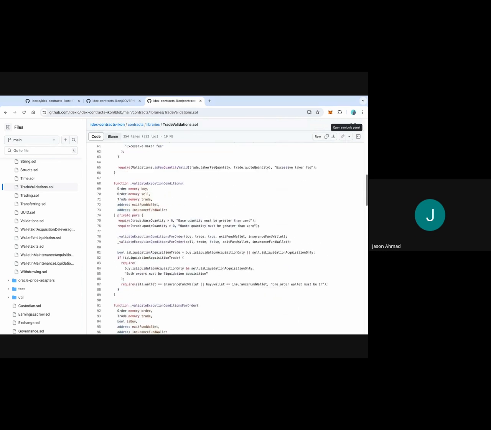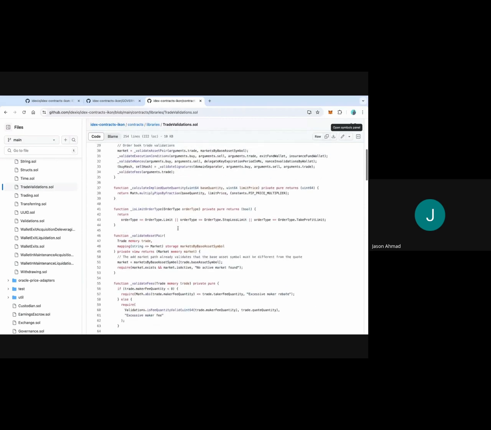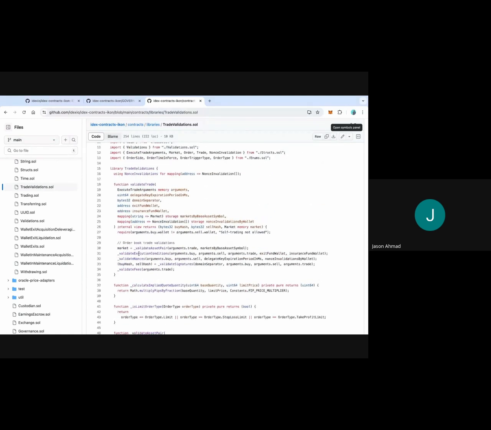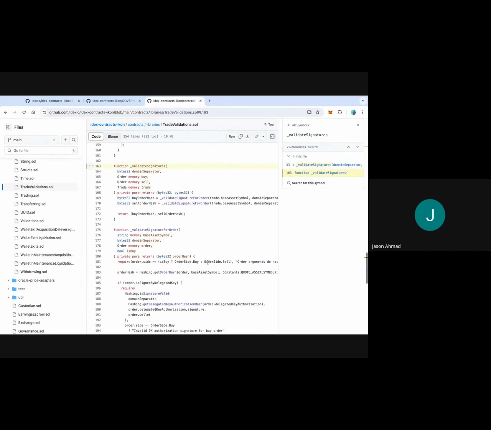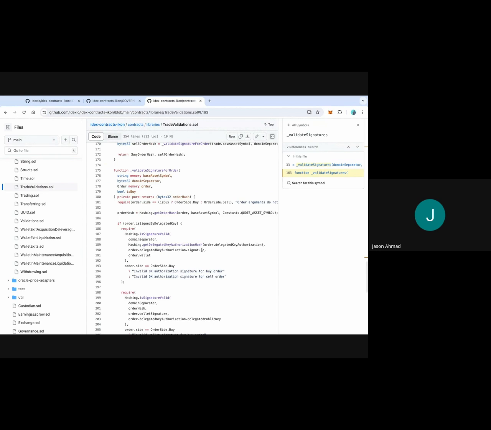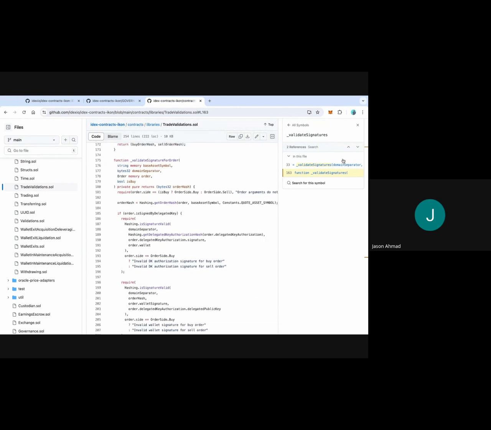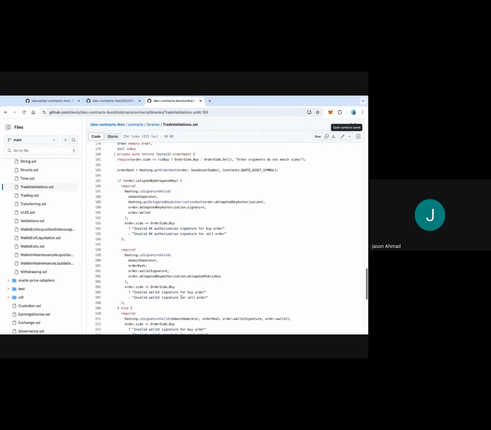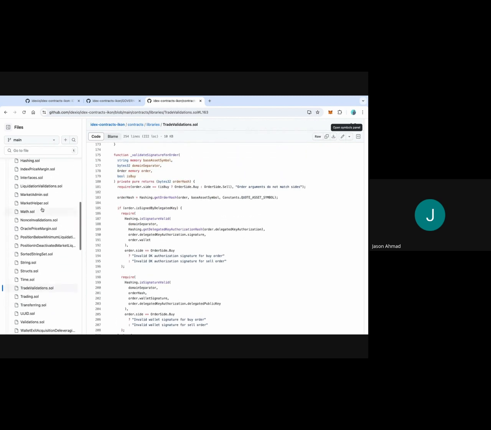All right, I do want to touch on how the signature scheme works here. So if we go to our signature scheme here, we're validating signatures. Essentially, as you can see, what we're doing is calling into hashing and validating signatures. And what we're doing on that front